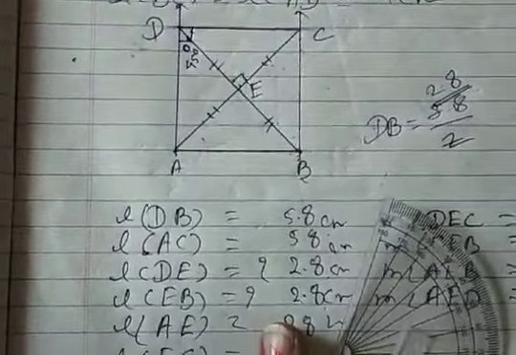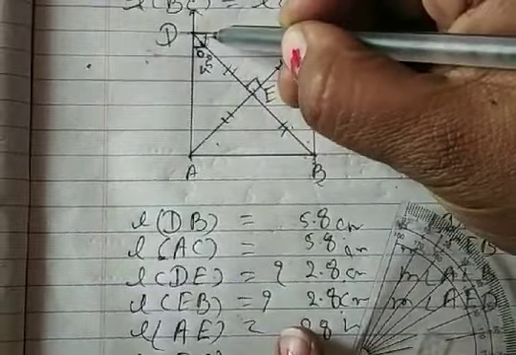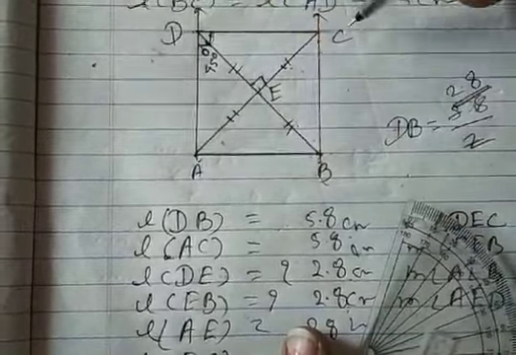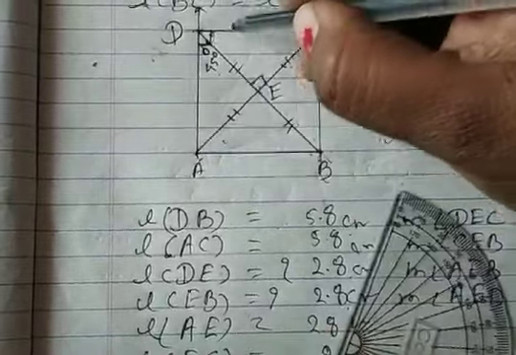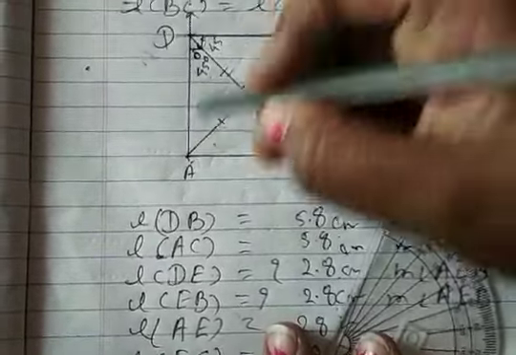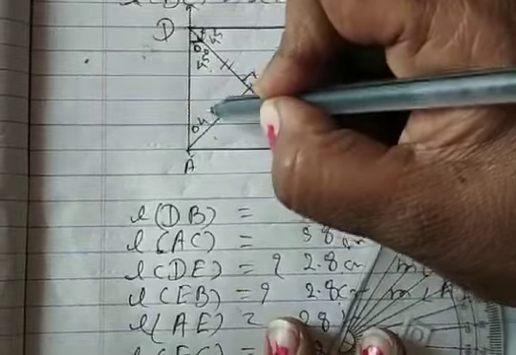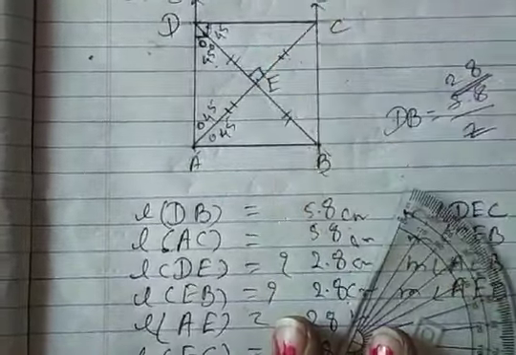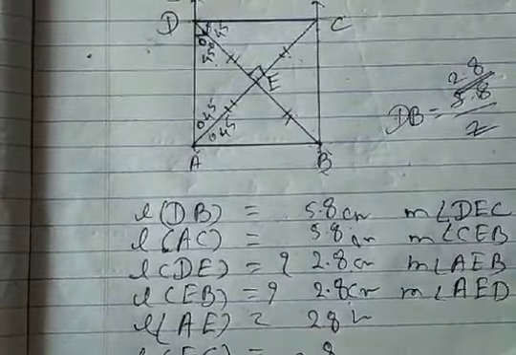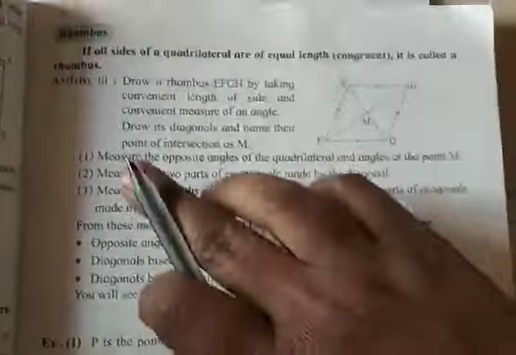Meaning what we are understanding is that the total angle is 90 degrees, meaning ADC is 90 degrees. So ADB is 45, half of it. This measure is also 45. If you measure, you will notice that these half angles show that the diagonals bisect the square's angles. This property we understood. And today we will see the properties of a rhombus.